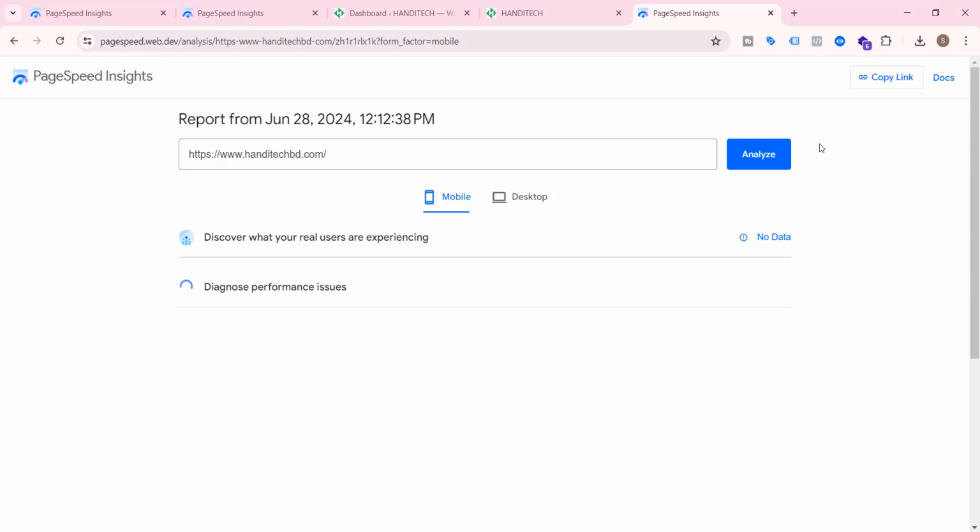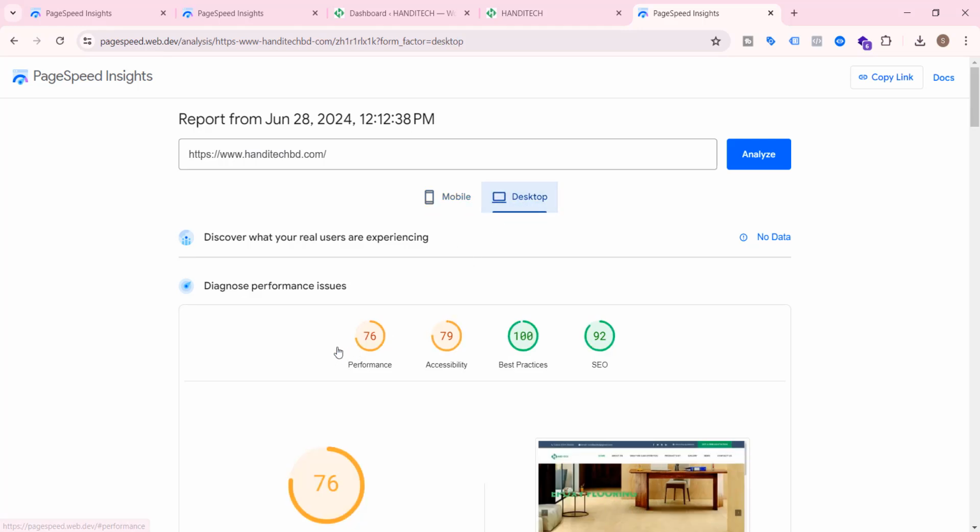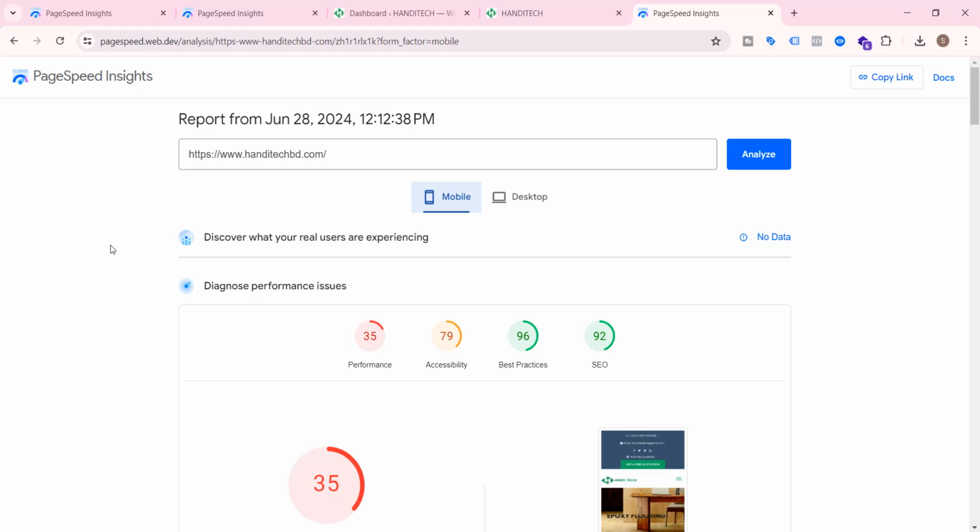I am just waiting to get the report here. It may take 2 or 3 minutes to load the report from Pagespeed Insights. Look here, the performance in mobile is 35 and in desktop it is 76,